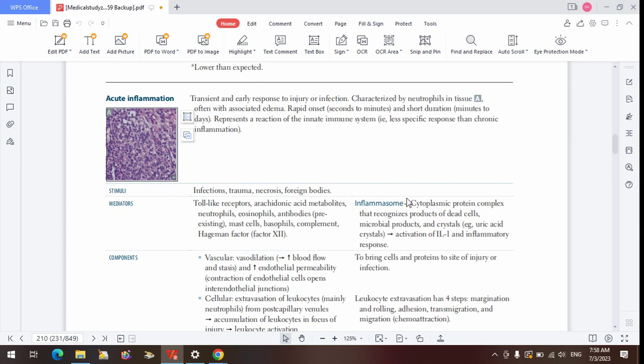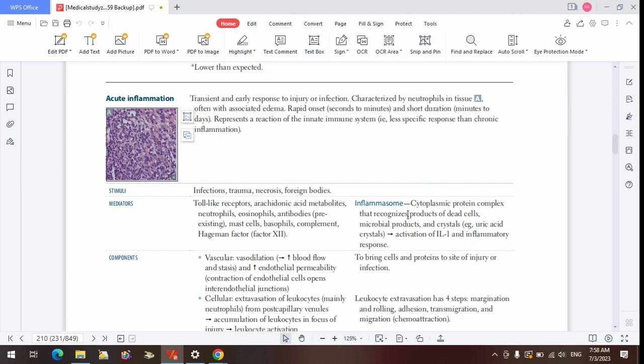Now, in addition to activation of the macrophage from this toll-like receptor, we also have something called the inflammasome. So the inflammasome can also be a pathway for activation of the acute inflammatory response. The inflammasomes are cytoplasmic protein complexes that are typically contained within epithelial cells. So if there's any breach of epithelial cells, you can activate this cytoplasmic protein complex. And what would they do? If it's due to necrosis of those cells, or due to inoculation of microbial products or crystals, foreign body, like uric acid,